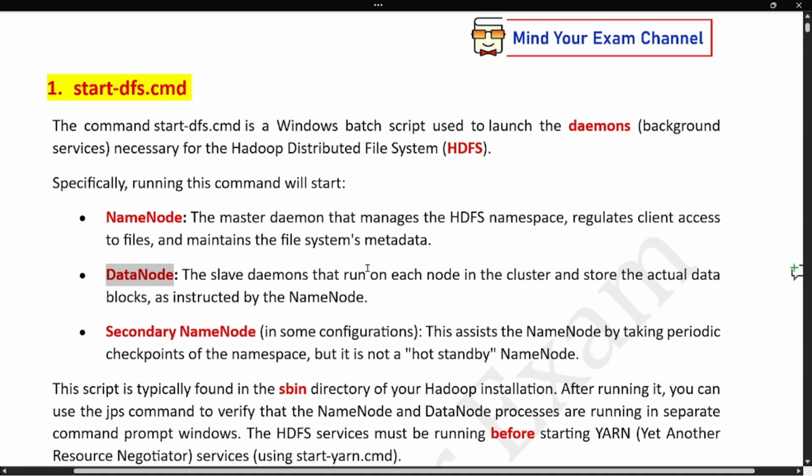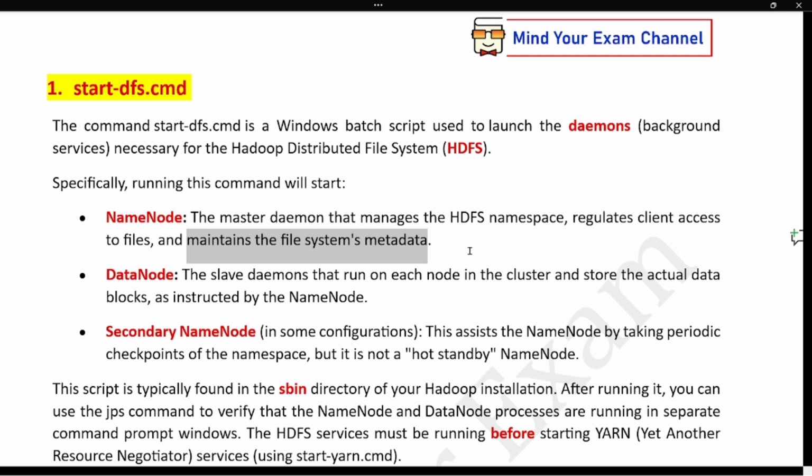And the data node refers to all those individual computers or nodes that are actually storing the data. So name node keeps a track of all the data nodes and what data they are storing. The name node does not store any data on its own. It only maintains data about data. That means it stores only the metadata.